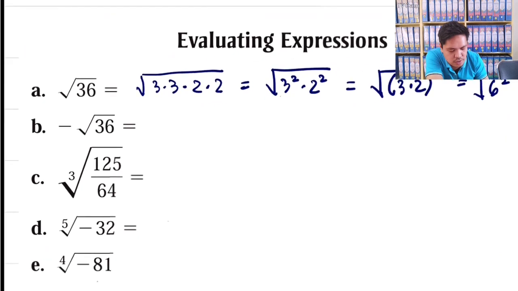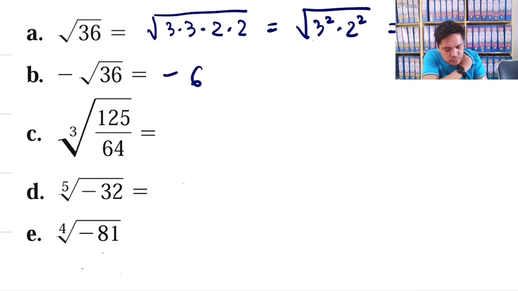So, ganun din naman. Anyway, alam niyo naman na ang square root ng 36 is 6, diba? How about this? Yung square lang yung 36. So, labas yung negative. So, this is just negative square root of 36 or negative 6. Okay? How about dito? Eto,